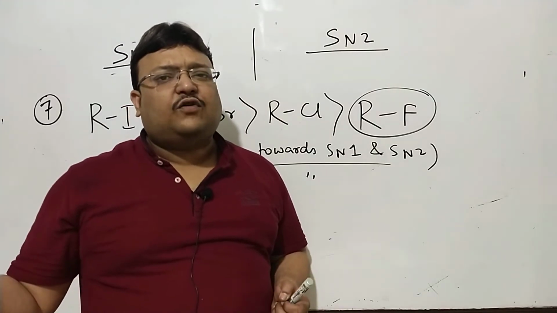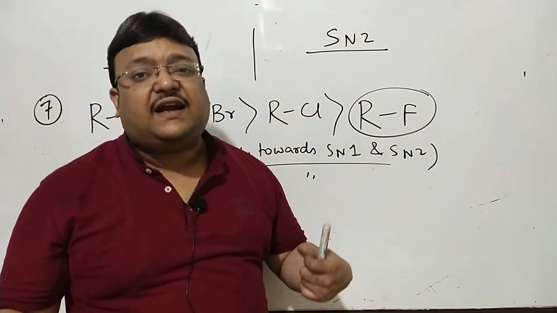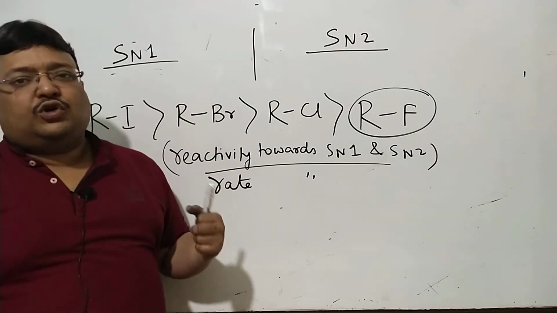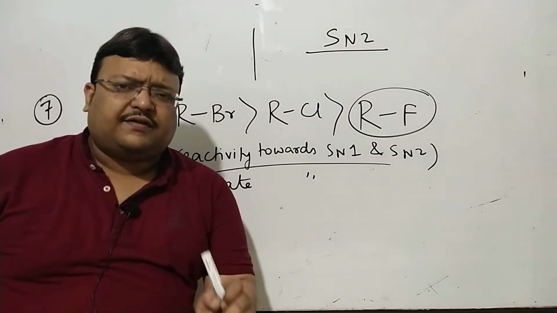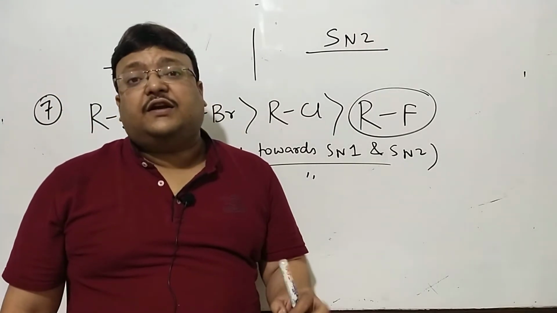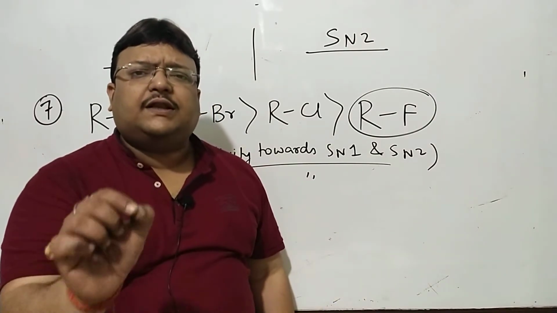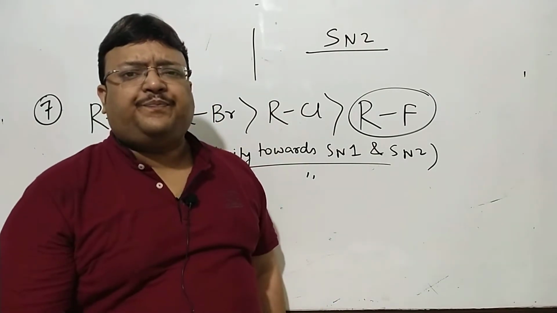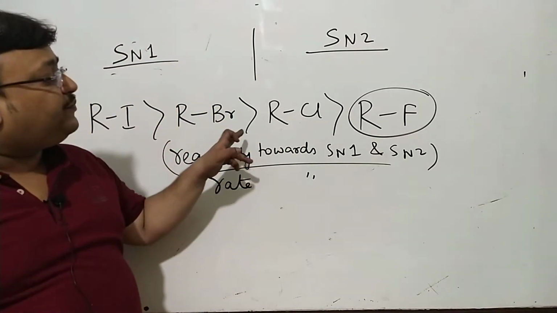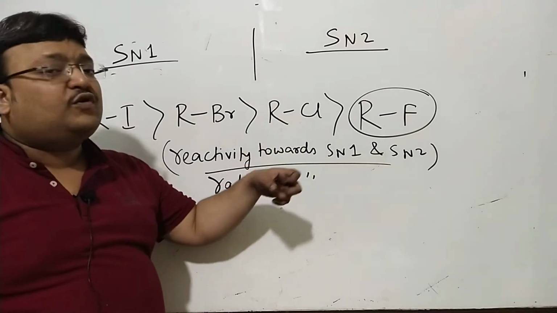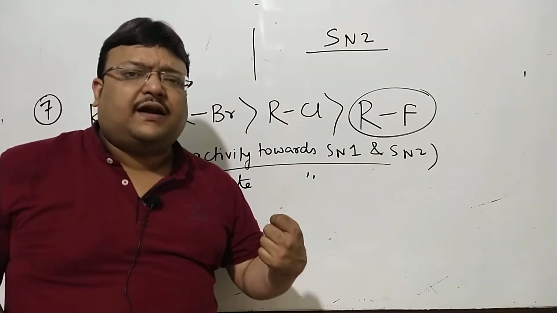Remember in the last class, I told you about nucleophile, nucleophilicity, SN1, SN2, rate, kinetics. So a difference in bond energy, please mind this particular statement. A difference in bond energy will be reflected in a difference in the rate only when that bond is broken in the slow step. And you will see that this bond is broken in the slow step, both in SN1 and SN2.